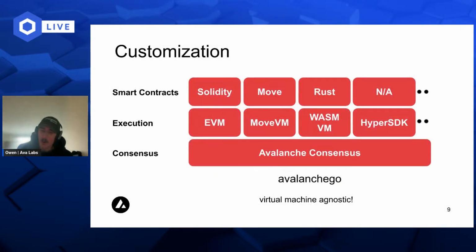To touch on that even more, these blockchains aren't just cookie cutter blockchains. You have on Avalanche complete customization of your virtual machine. So this diagram that we're looking at right now is the smart contract level, the execution level, then the consensus level.